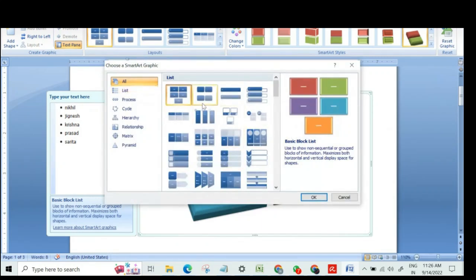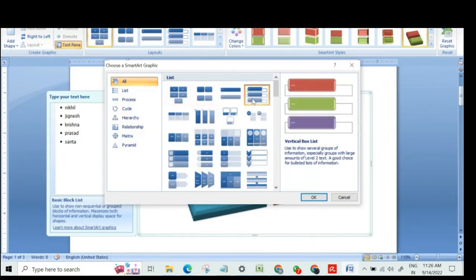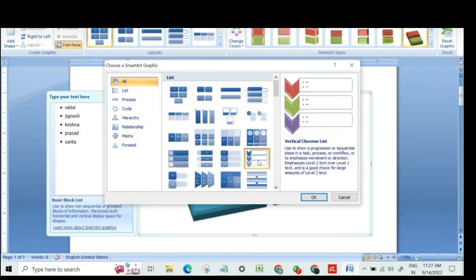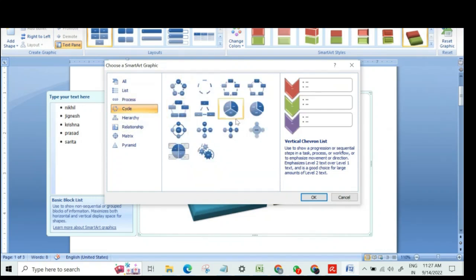Now you see, these layouts can be used for different things. For example, this is a list layout कि आपको सिर्फ टॉपिक्स लिस्ट करने हैं। जैसे मैंने प्रसाद, मैंने क्रॉन टैब के लिए बोला कि आप 5 चीज लिस्ट कर दो, तो आप अपने इनिशियल पार्ट में जाकर के डॉक्यूमेंट के अंदर आप लिस्ट बना सकते हो। You can choose any of these also. So all these are available to you. ऐसे यहाँ पर प्रोसेसेस के लिए है, तो आप प्रोसेस डिफाइन कर सकते हो। साइकिल, जहाँ पे साइकिल की चीज दिखानी होती है, राइट, तो वहां पे आप इनमें से कोई सा भी यूज कर सकते हो।